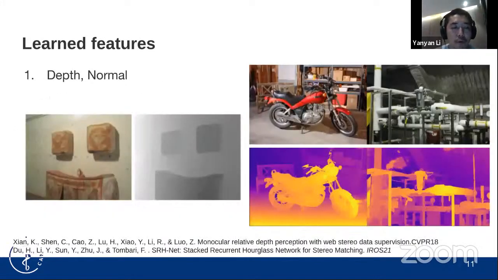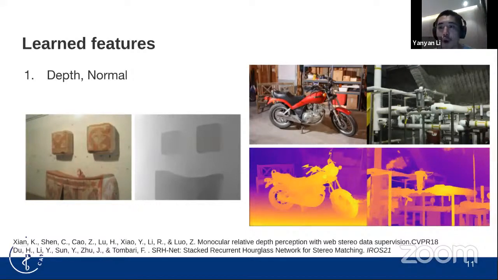Yep. Besides those low-level features, this type of depth and normal maps estimation is also very useful. For example, for monocular SLAM systems, we know that it's very difficult to obtain a dense reconstruction. But if you can predict a depth map for each image, then it's easier, right? Yeah, the similar case can be found in stereo SLAM systems, as shown in the